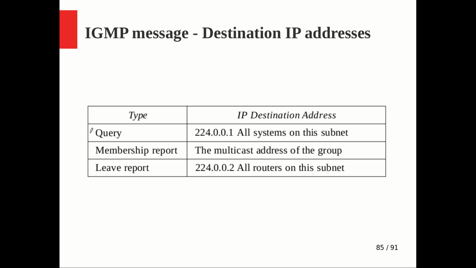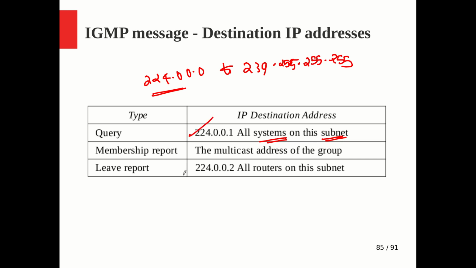Whoever it is for is supposed to be received by every host in the subnet, right? So in that subnet, every system receives some kind of multicast message. The multicast messages are in the range 224.0.0.0 to 239.255.255.255. This is the class D address range, right? Now within this, some special addresses are there. The first address, 224.0.0.1, has a special meaning, and similarly 224.0.0.2. These two we do not use for identifying any multicast group.